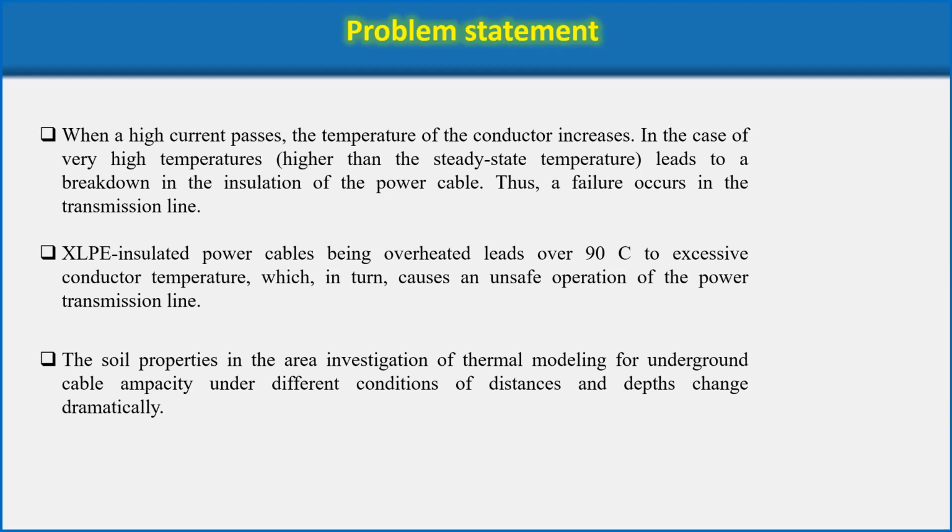The insulated material of power cables begins overheating, over 90 Celsius, leading to excessive conductor temperature, which in turn results in unsafe operation of the power transmission line. The soil properties in the area, in the investigation of thermal modeling for underground cable ampacity under different conditions of distance and depth, change dramatically. So the study objectives